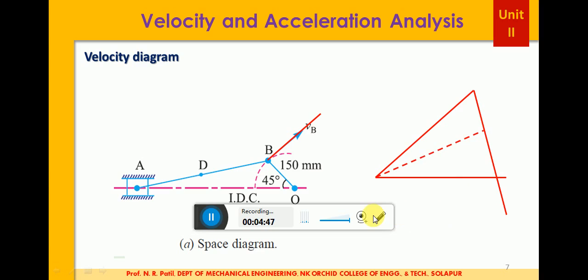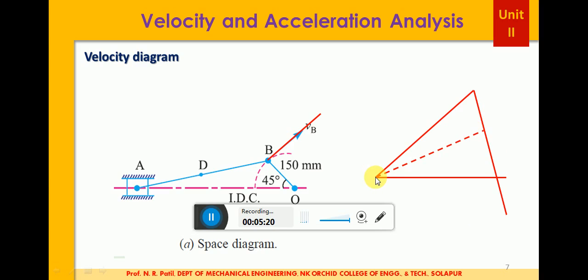Now if you want to find the velocity of point D, this point D is the midpoint of AB. So this is B, this is A. You have to use the ratio BD by BA equals small bd by small ba, and you will get the distance from B or A. By knowing the distance you can locate this point D and then join it to the